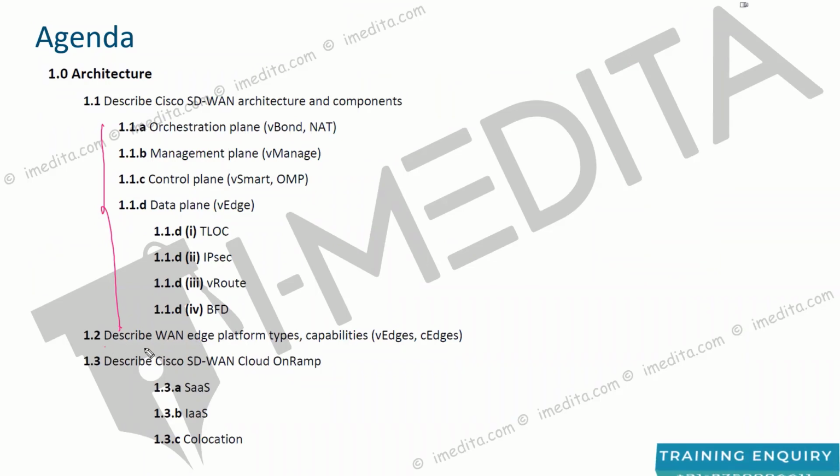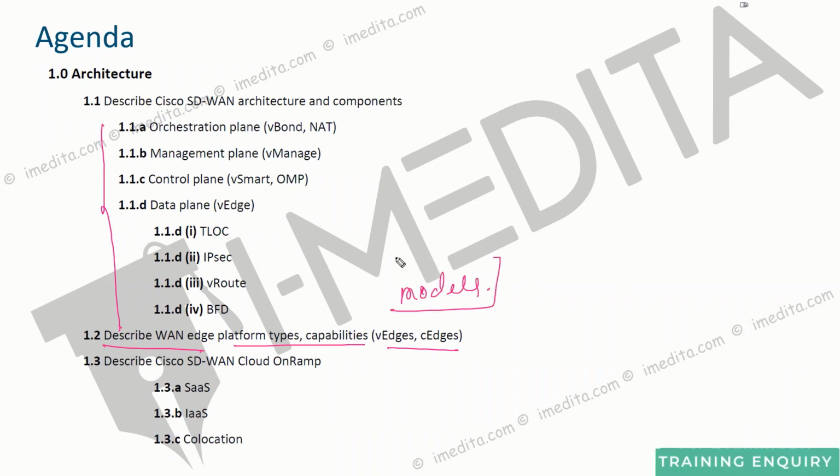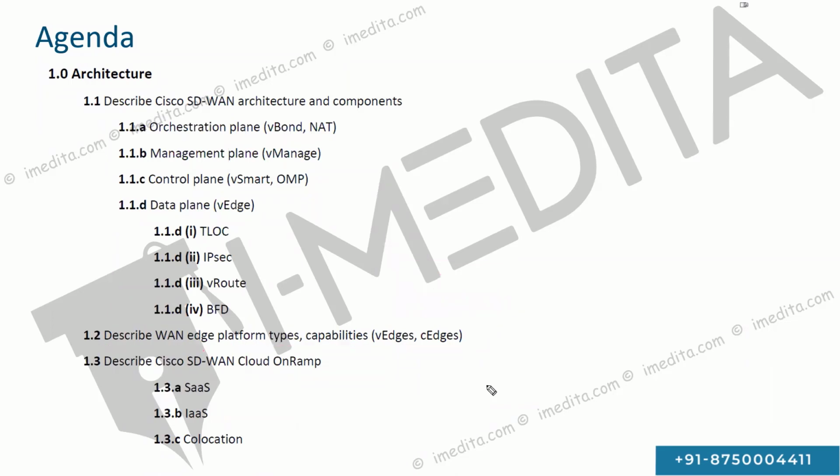And then capabilities and everything, like what the VH routers are, what the CH routers are, what models are available, what capabilities are there. Will we be able to configure, for example, EIGRP in it or not? So all the capabilities that we can have on the devices. We'll basically go through a data sheet, and in that data sheet we will see the hardware specification and the software capabilities of the VH routers and the CH routers. And finally, how can we extend our